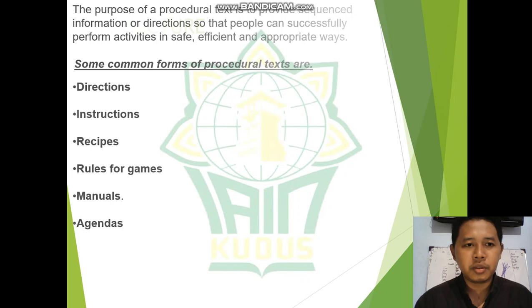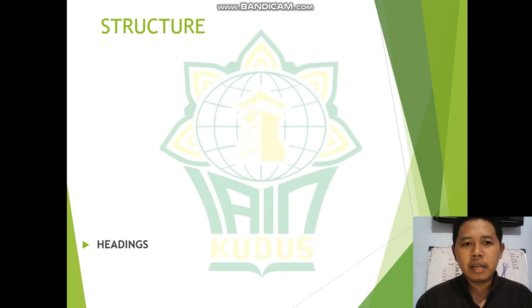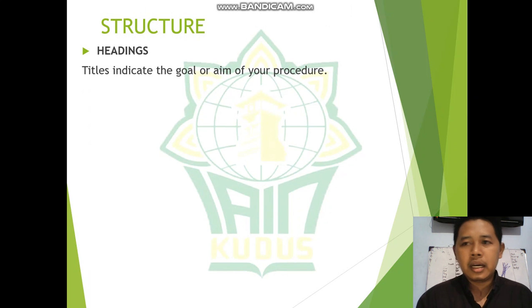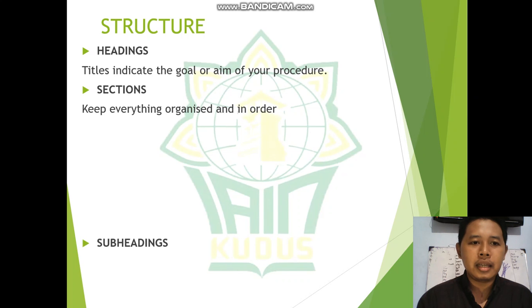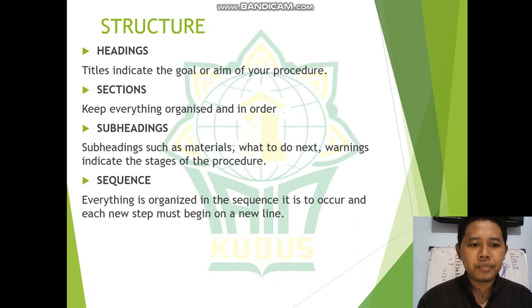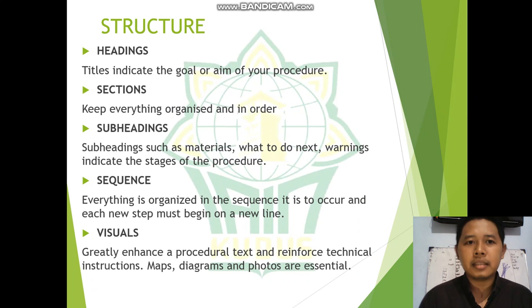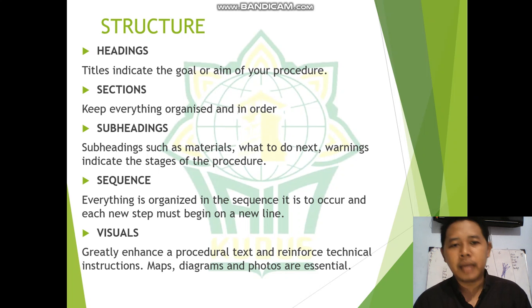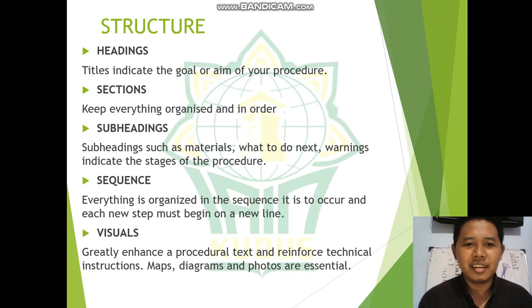The job description too. Looking at the structure, procedure text has a couple of parts. First is the heading, or you can call it the title, that will tell you the aim. I miss your lecturer, Mr. Aim, has the goal of life. And the section: there are headings and also materials and also the steps.